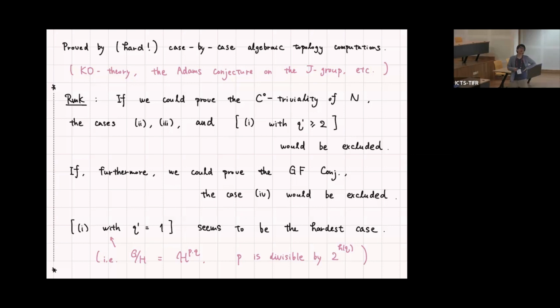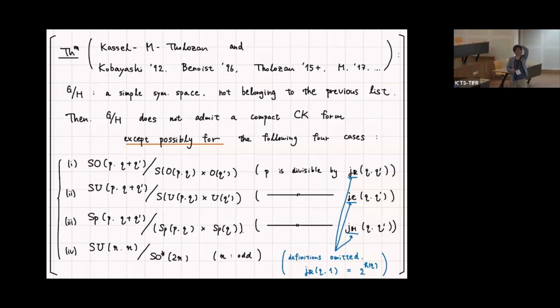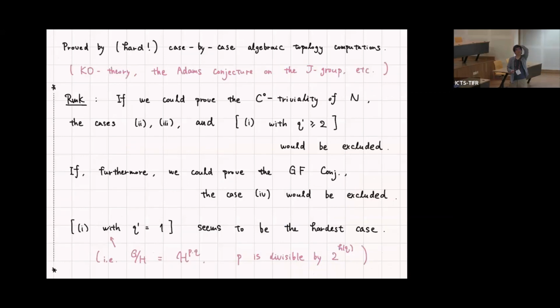Okay, and I would like to mention that if we could prove the C0 triviality of N, which is stronger than the homotopical triviality of Sn, sorry, this should be Sn, not N, then the cases 3, 2, and also 1 with Q prime at least 2, these cases would be solved. If furthermore we could prove the geometric fibration conjecture, then we can furthermore exclude the case of the 4. But even if we could prove the geometric fibration conjecture, the case of the 1 with Q prime equals 1, namely the case of the HPQ with